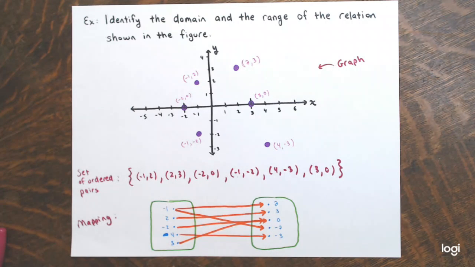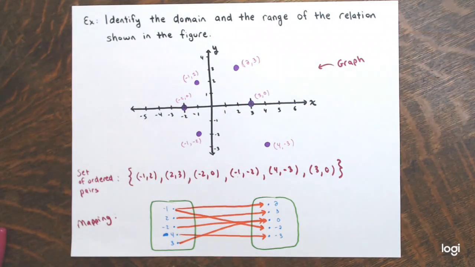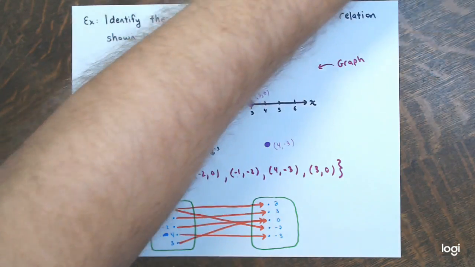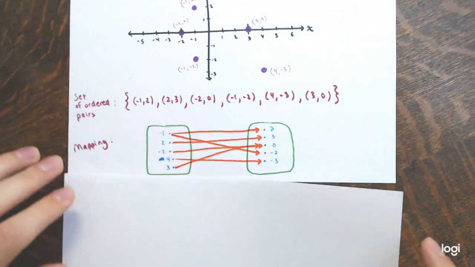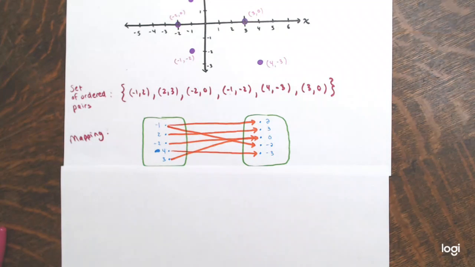Okay, so you probably see it in my mapping. Again, you probably saw it from the very beginning, but let's identify the domain and the range of this relation. So the domain of the relation,